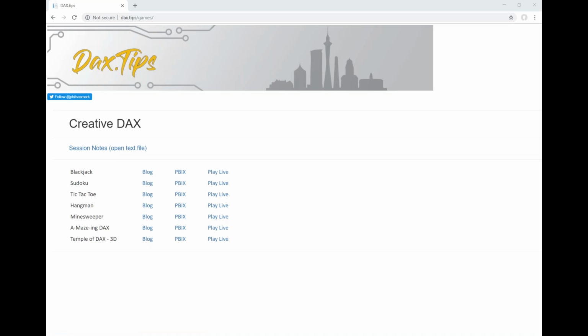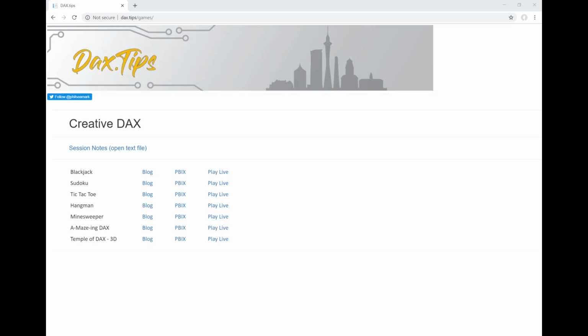So why creative DAX? Why games? I was curious myself to use games as a way to explore the capability and maybe find some of the boundaries of DAX. I spent quite a bit of time building business-based reports, creating measures like sum of this particular column, average of that particular column, maybe creating more complex calculations that allow you to do things like period comparisons or trends over time. And very slowly over time starting to create more and more complex calculations. And I thought it might be fun to actually